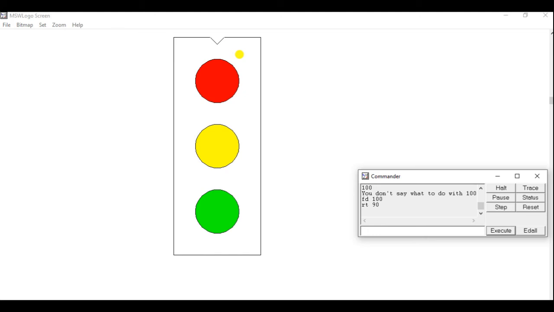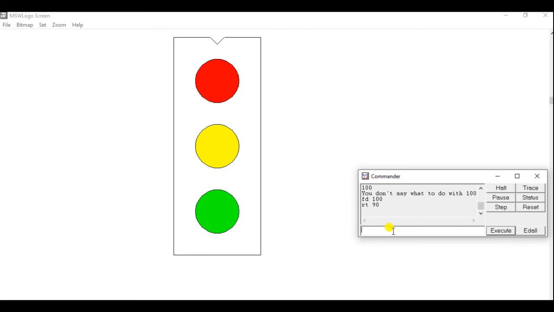We will turn the turtle and take it a little bit inside this rectangle, because whenever you want to give color to any shape, the formula is that your turtle should be inside that shape. Our turtle is on this line, but we want to color this rectangle. So we will move the turtle a little bit inside without drawing any line.